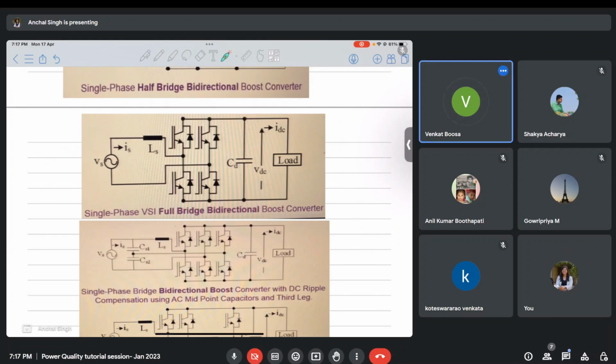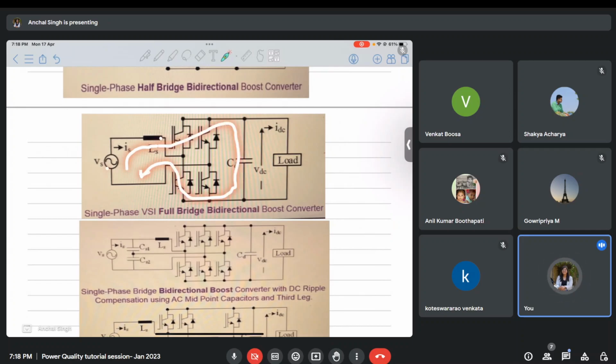Okay, so in these applications, you will have to look at the switching pulses to these switches. The basic principle of why a boost converter is called a boost converter is that in one switching cycle it will store all the energy inside the inductor. Then in the next switching cycle it will give all the energy in the inductor and the source both to the load. So here the same thing is happening, madam.